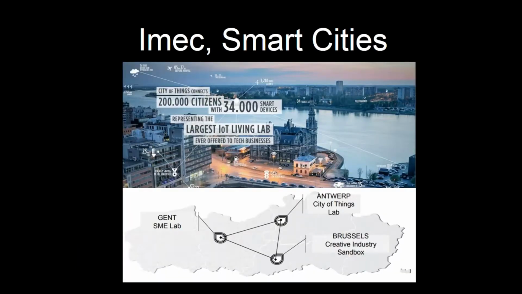Another sort of large scale one is IMEC. So IMEC, previously known as iMinds, is based in Ghent, and they started off with a living lab to promote the development of startups and SMEs. So they recruited, I think it was up to about 25,000 people in and around Ghent who would come along to workshops where their interests overlapped, and go through a living lab process with these startups to help them refine and